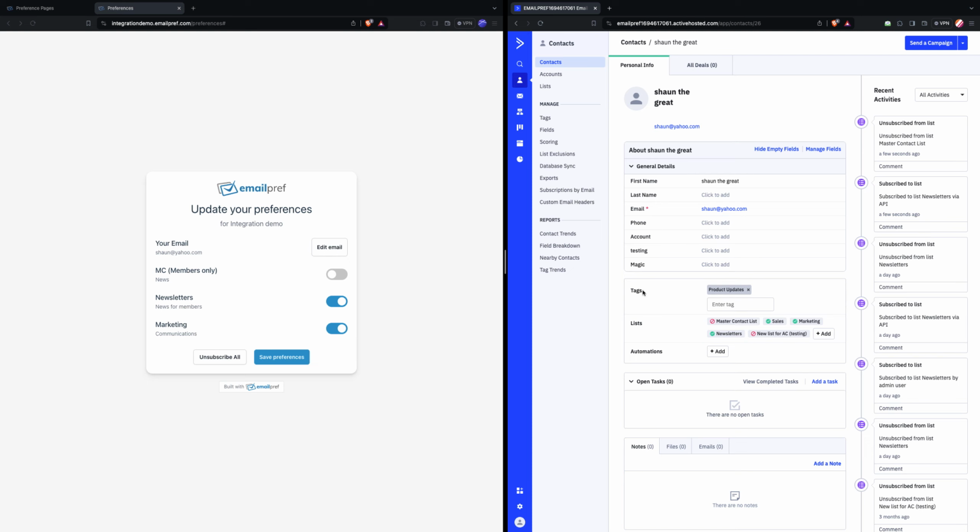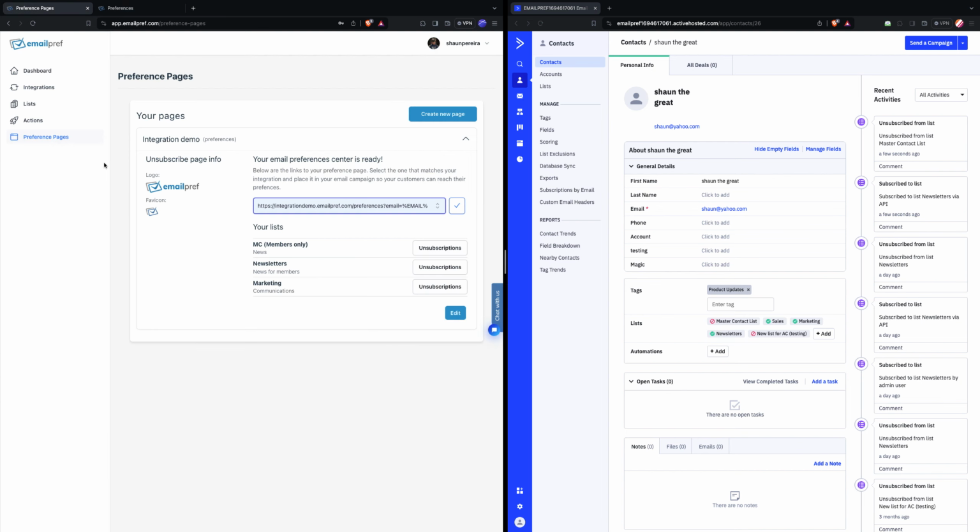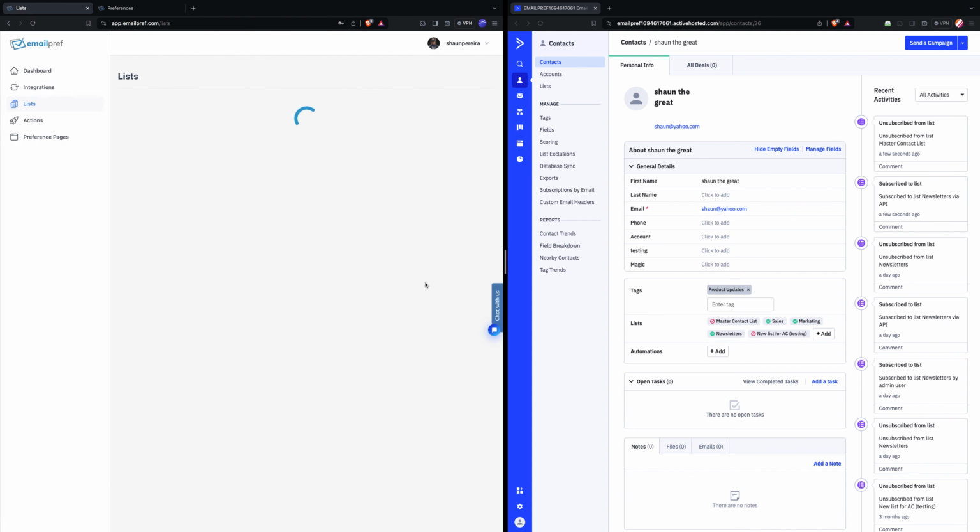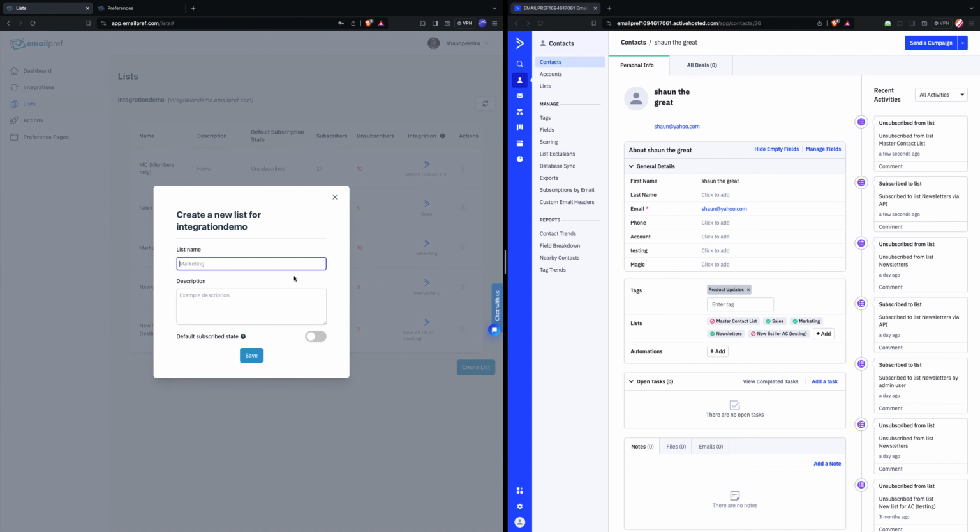So now here, what do you see? If you see a tag on ActiveCampaign, you see product updates. So I'll just create a list on email pref and link it to a particular tag on ActiveCampaign. So let's go to list on email pref and create new list. So I'll just create